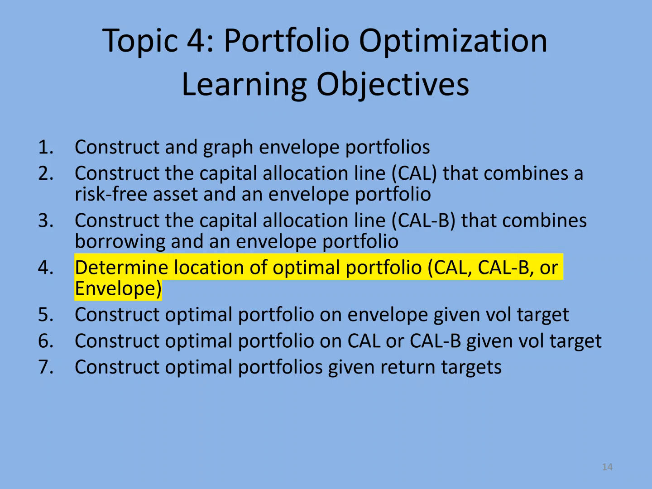Financial Modeling, Topic 4, Section 4. In this topic, we're going to determine the location of an optimal portfolio, either on the CAL, the CALB, or